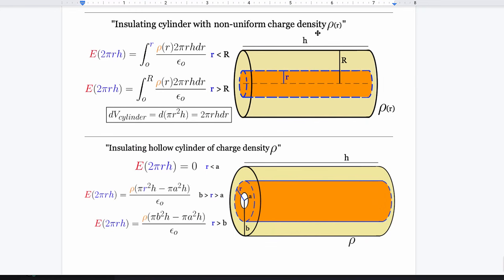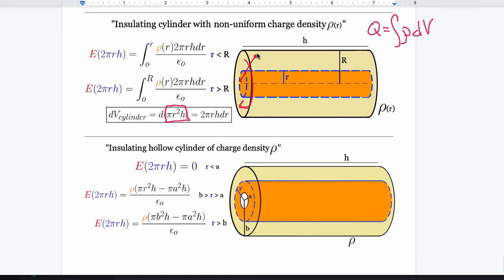What happens if it's non-uniform? You guys know how to do this now. You say Q is the integral of rho dV, just like we got over here, except dV for a cylinder isn't going to be 4 pi r squared dr. The volume of a cylinder is pi r squared h. So if you take a differential of that, the 2 comes down, you get 2 pi r, and then there's a dr. Again, write it like a derivative if you want, and then move the dr over. You get this. This is the dV for cylindrical symmetry,